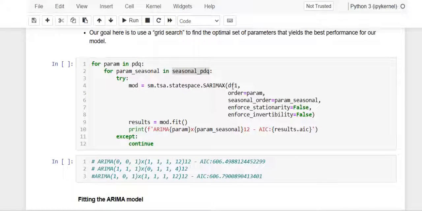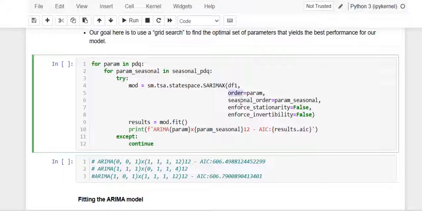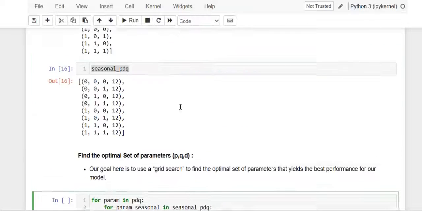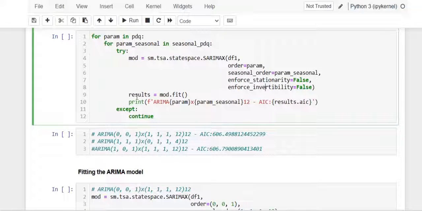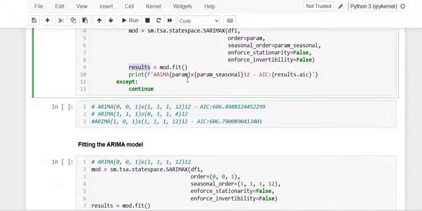Means we are checking everything: the data, this PDQ order, this seasonal PDQ. enforce_stationarity is false, and enforce_invertibility is equal to false. Okay, because already we are considering the stationarity here. Then we will fit this model to this particular data, and finally we'll get the ARIMA PDQ value, seasonal PDQ value,